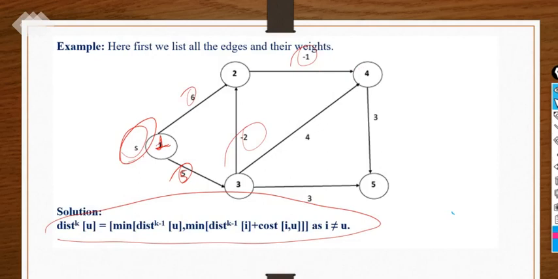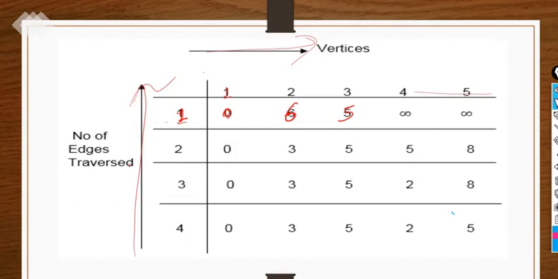So you can also draw the table for the Dijkstra. It's up to you. First draw the table step by step, and then draw the diagram also. It will give you better clarity in answering the question, so it will be more clear to you. If there is no direct path available from the source vertex to any other vertex, mention it as infinity. There is no direct path from 1 to the 4th vertex and the 5th vertex, so we have mentioned infinity for the first step. Now next, what do we have to select?